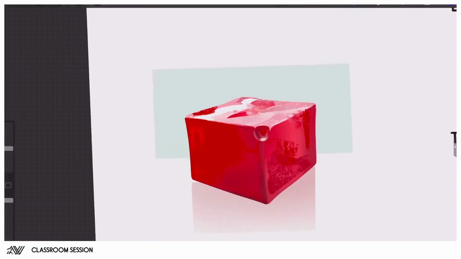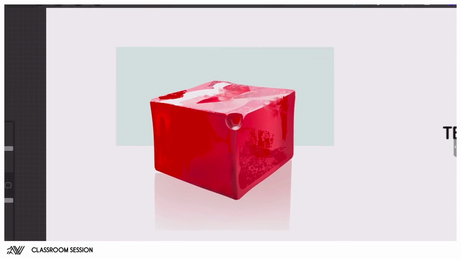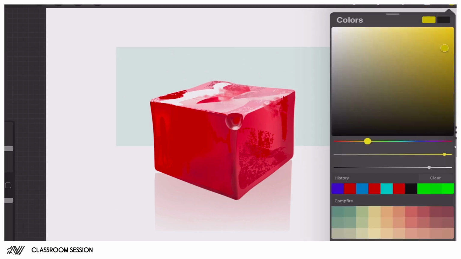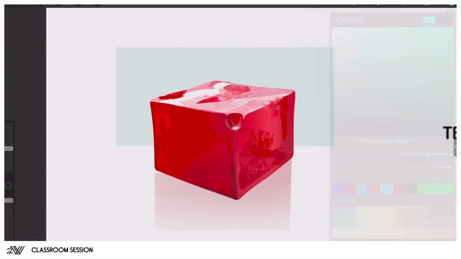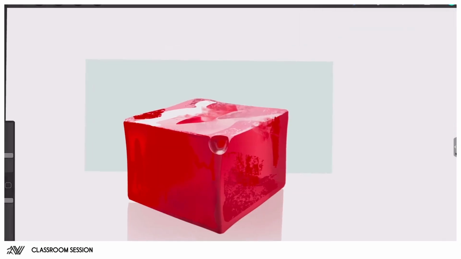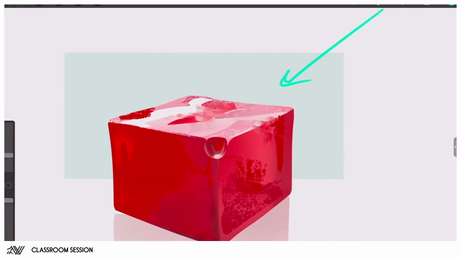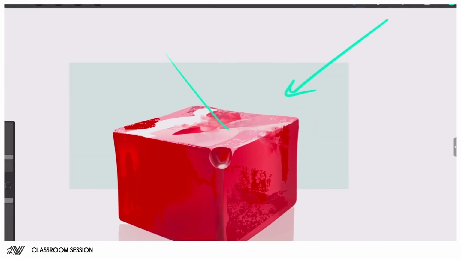But as you can see with jello, it has a couple of things that you should take into consideration, and this is how I look at materials when I study them. Let's take a green color. So we have light coming in from this side, and because of its high specularity, those light sources are gonna get